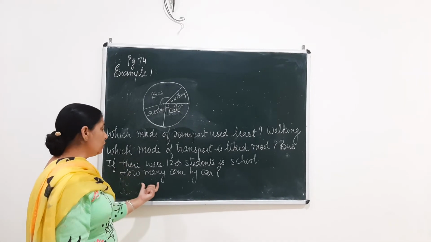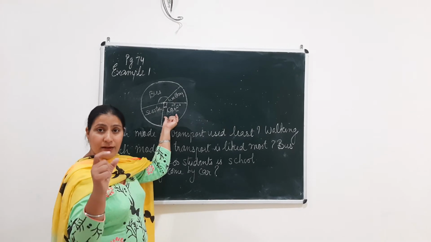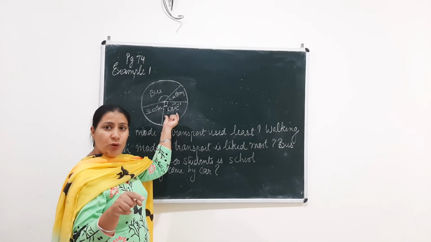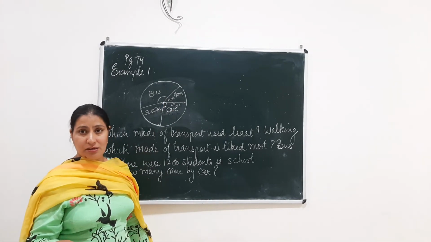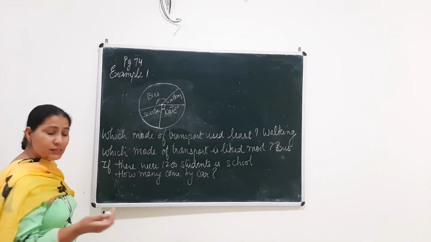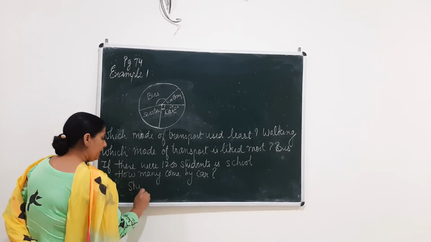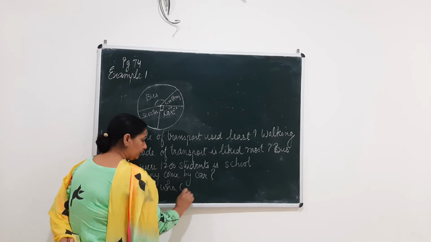So how many students come by car? It is a 90 degree angle of the sector out of the total angle of the circle, which is 360. So when I have to find how many students come by car, I will write: students who come by car